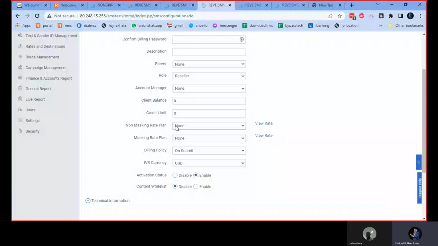That means if you enable invoice, then for reseller client invoice will be generated automatically. If you enable dipping, MNP system will also charge you the dipping cost for your